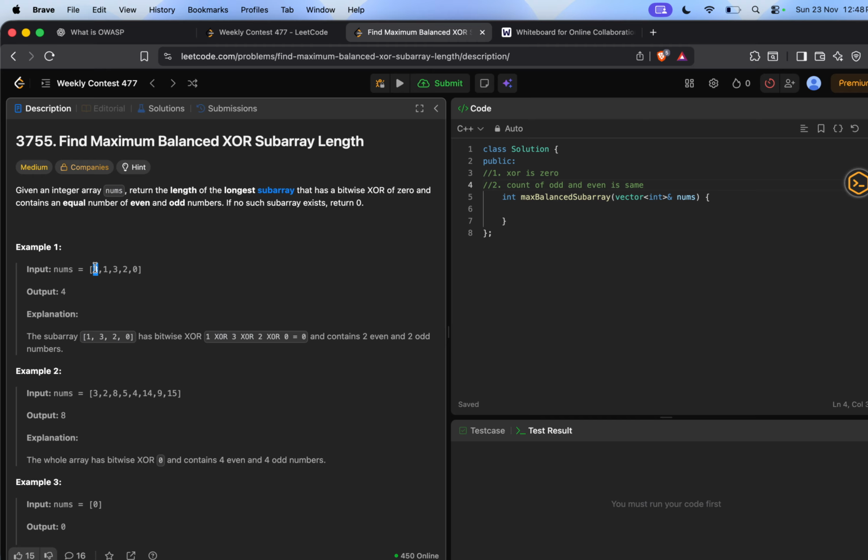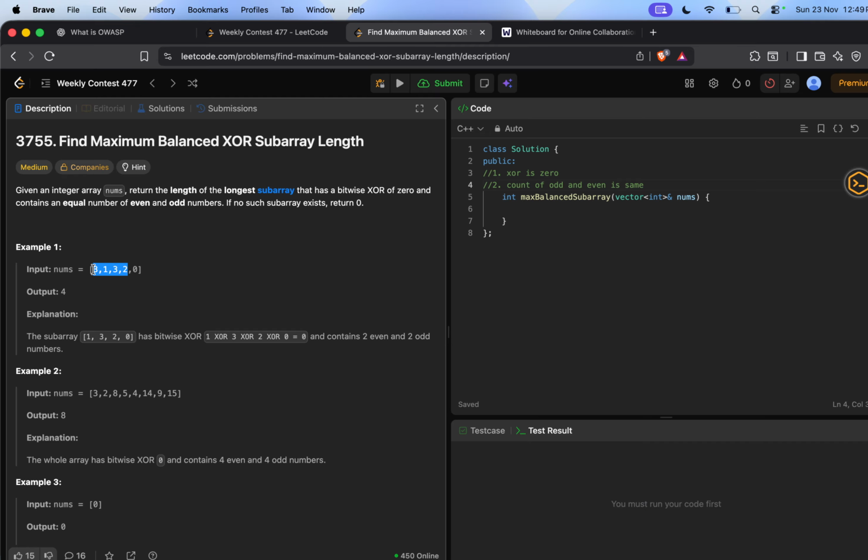If we take XOR of 3 with no digit, the overall XOR is 3. So it is not a desired answer. Similarly, for 1, XOR with 3 gives 2, which is not a desired answer. Similarly, for this 3, no particular prefix exists. For this 2,